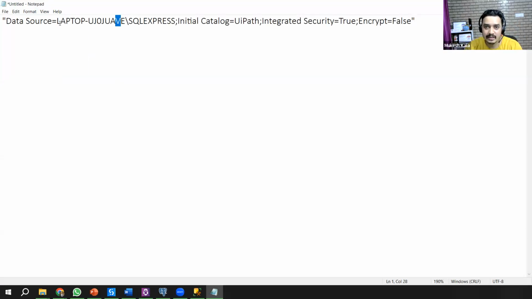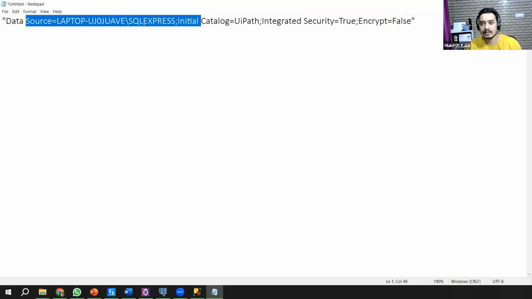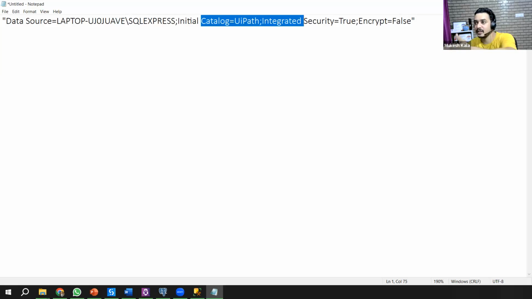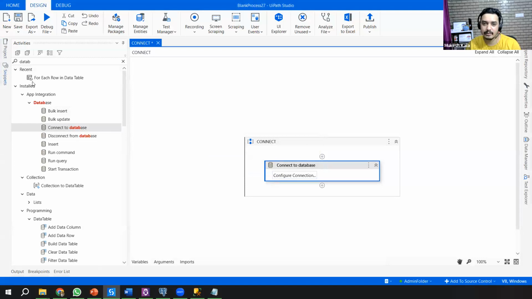All these things, like the server name, initial catalog, integrated security, or if we are not using that, the username and password, are kept in something called a config file. So in the config file, you can keep this complete string, and when I move the environment, I'll just change it. Or you can mention these as individual attributes, like server name and initial catalog, which is the database name, and then do some string manipulation and store all of that in a string variable, something like this.